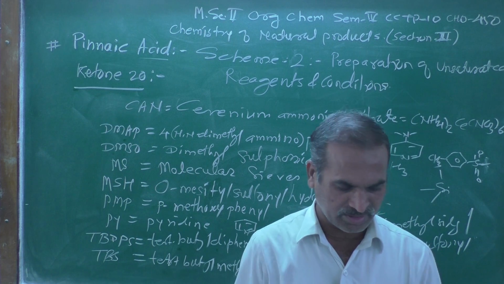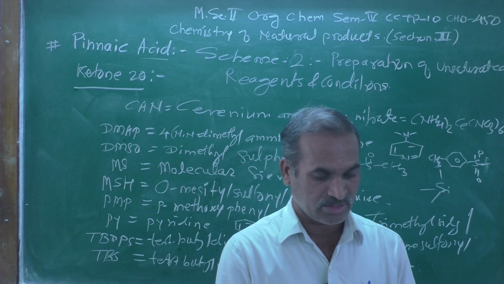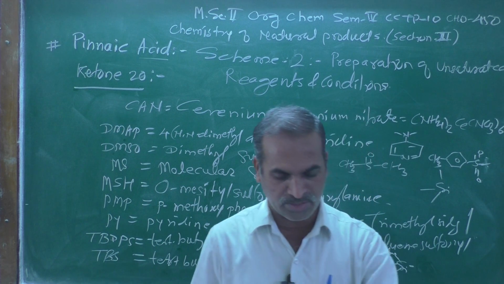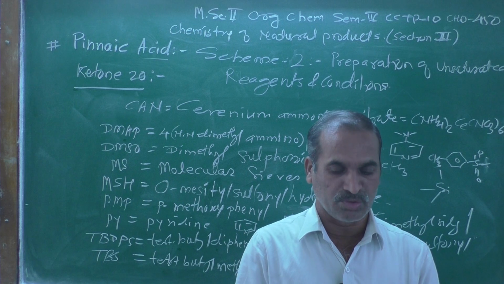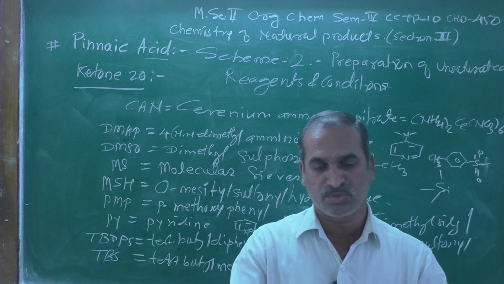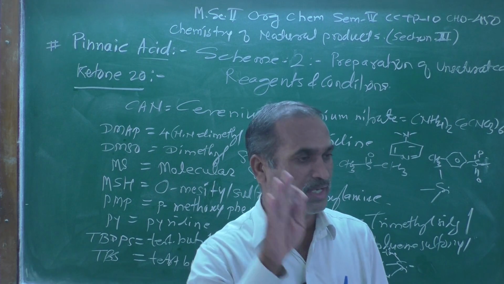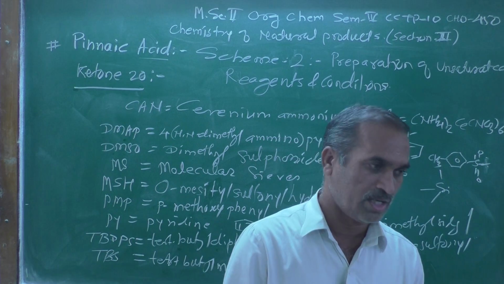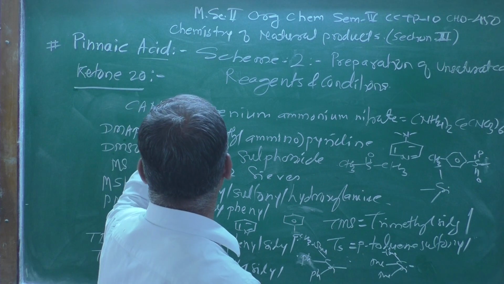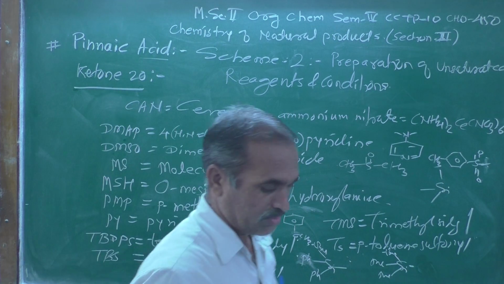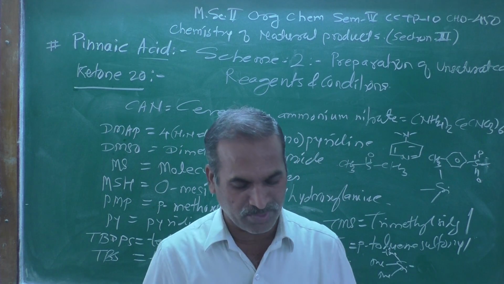Coming toward our original point, that is the Beckmann rearrangement and Horner-Wadsworth-Emmons reaction, how they have utilized them. First of all, we are going to see the details of these two reactions, and then we will proceed further to see how they applied them in their original work, which was published in Communications on Natural Product Synthesis. The title of that article is Asymmetric Total Synthesis of Phenolic Acid.